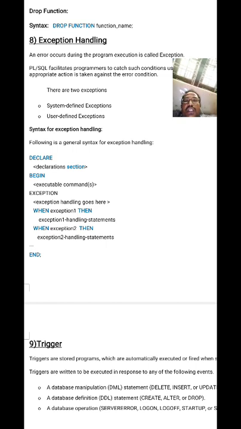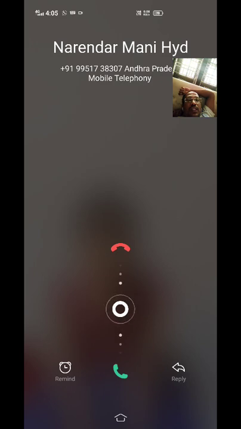Okay, is it clear? So exception, a small concept: exception is nothing but an error. The errors may be system defined errors or user defined errors. User defined error means if the programmer has written anything wrong, that is a user defined error. Sometimes the system may also generate errors. User defined errors mean simply logical errors, right? And then system defined errors.